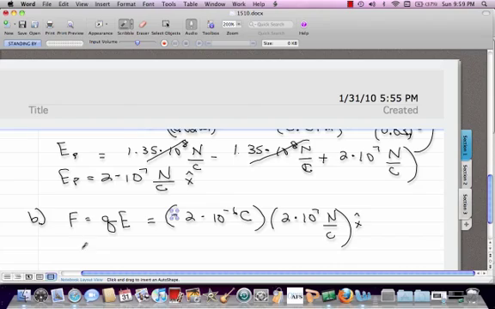So if I think about my point P, and I have a positive field here pointing this way, then when I bring a negative charge, it's going to change the direction. So the force is going to be this way. Because if I bring a negative charge here, this charge is going to want to go away from the electric field, so this way. So the force is equal to